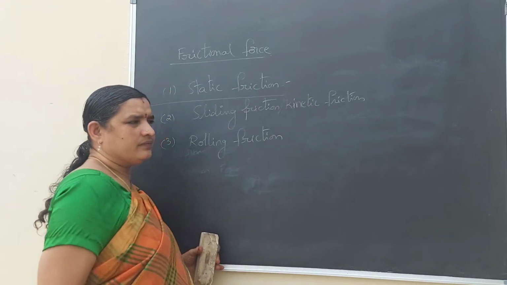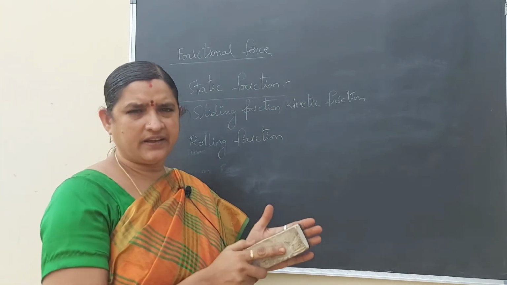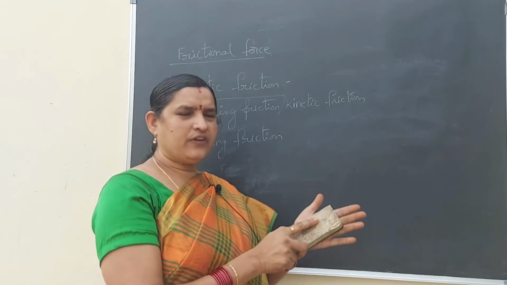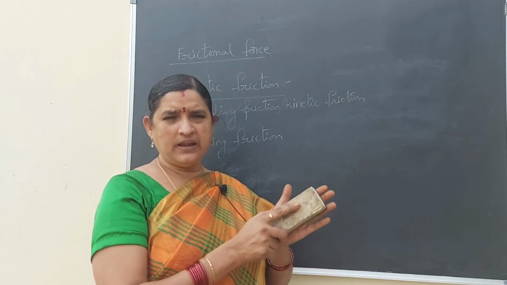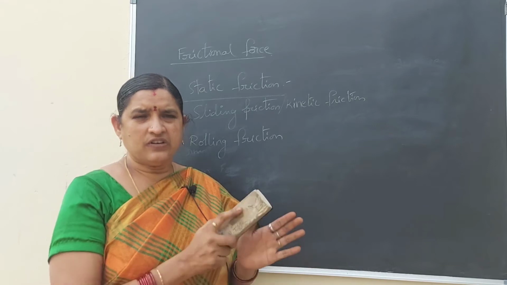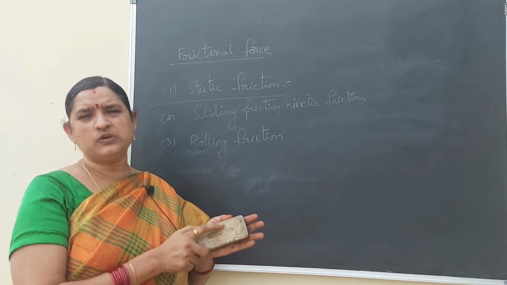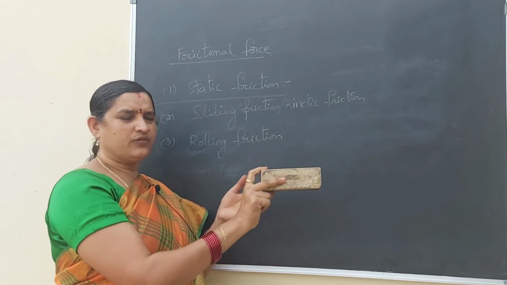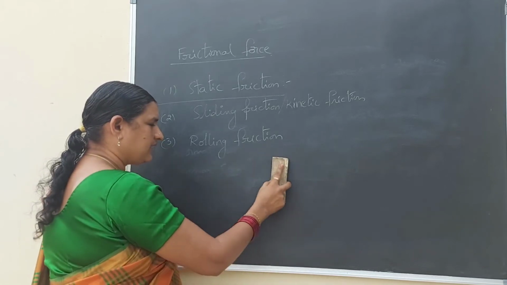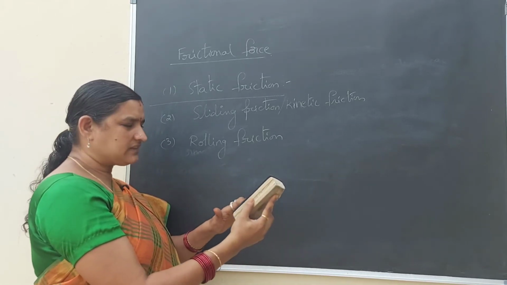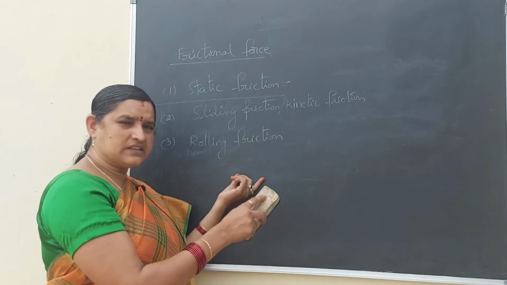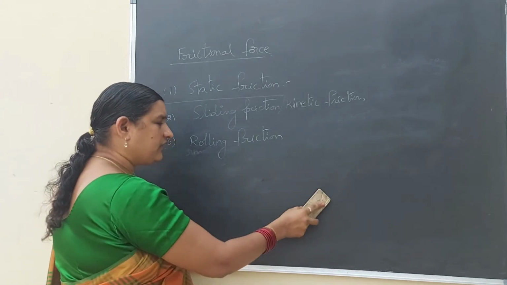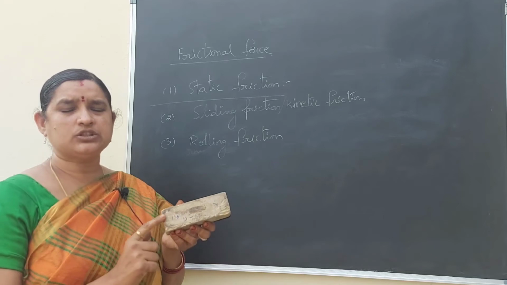What is this friction? When two surfaces are in contact, one surface exerts force on another surface. If frictional force is more than the applied force, the object is at rest. Suppose frictional force is less than the applied force, then the object moves. Suppose I am applying force on this duster, what happened? It is moving. So frictional force is less. I am rubbing here, which means the surface of the duster exerts force on the surface of the board. In the same way, the board also exerts force on the duster. When the frictional force is less, then the object comes to movement.